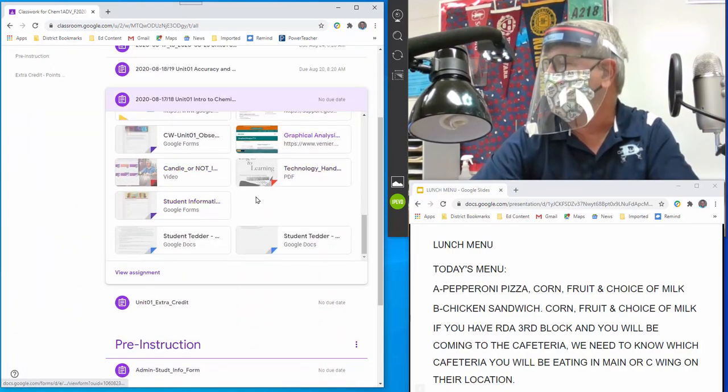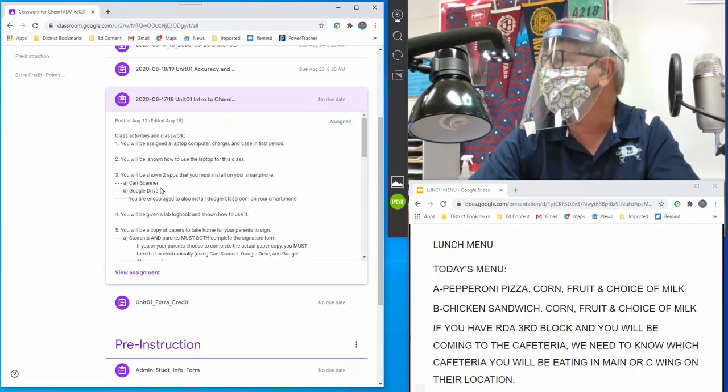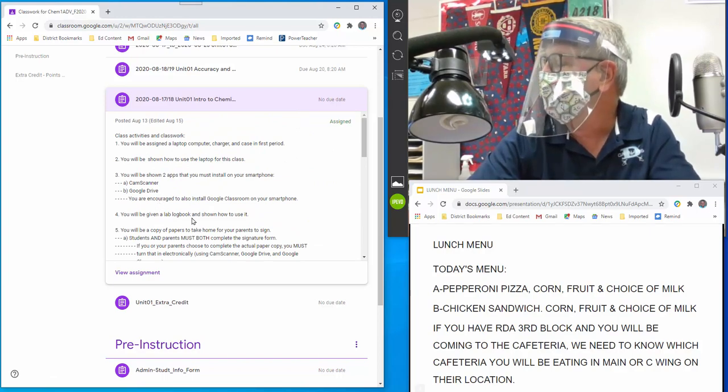All right, let's see where we are. I guess go back up here and see where we are. CamScanner, Google Drive,